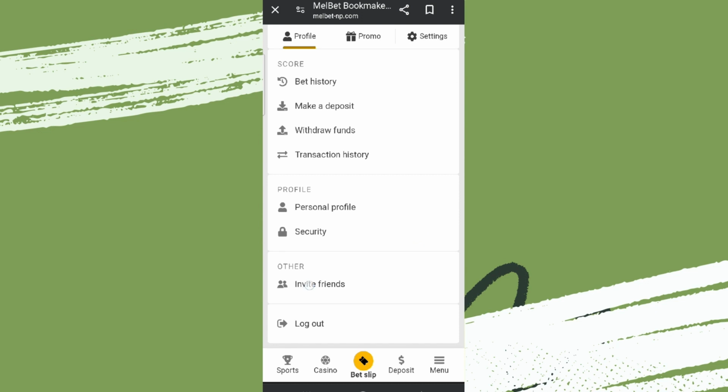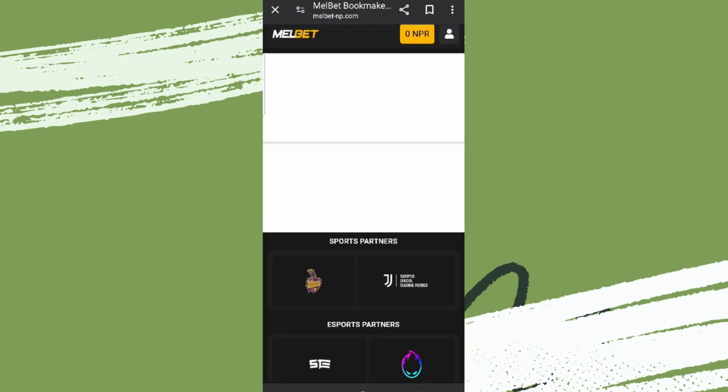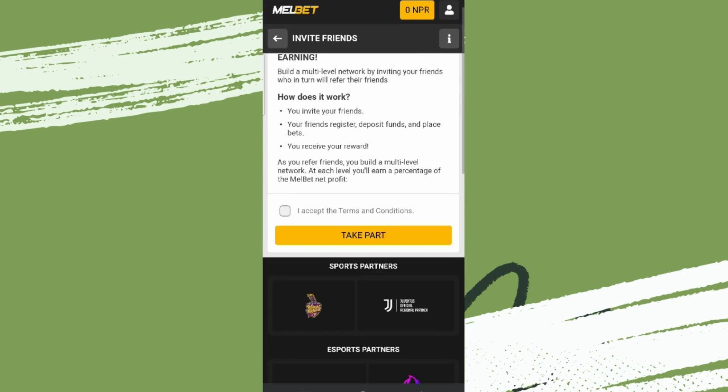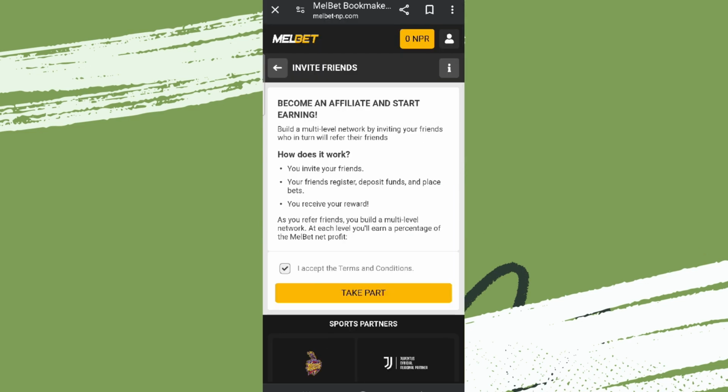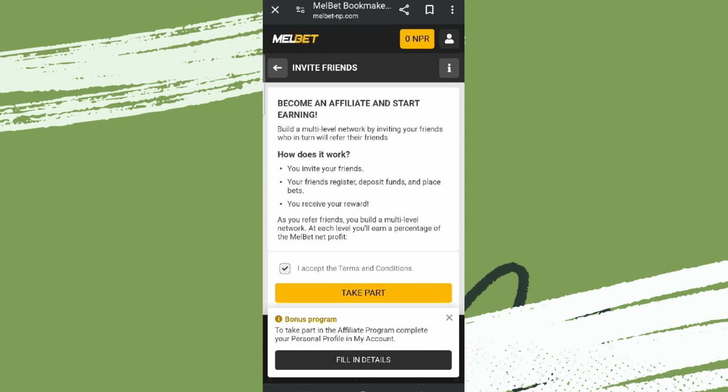Now if we scroll down over here under orders, we can see this invite friends option. So let's tap on that. Now here we need to agree to the terms and conditions. That is, when we invite our friend, they register and deposit funds and you will receive the rewards. So for that we need to simply click on take part over here